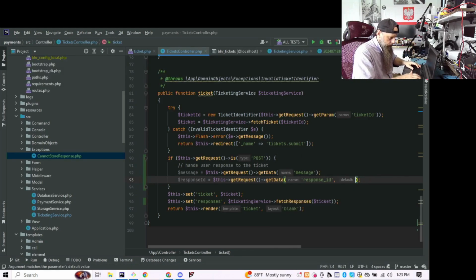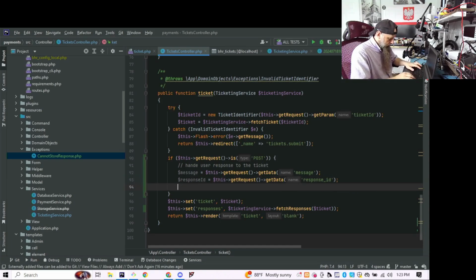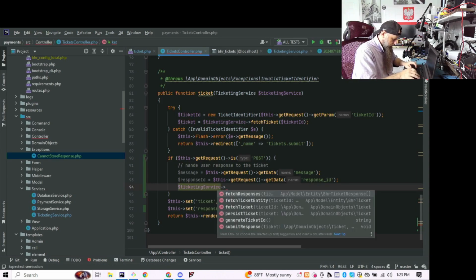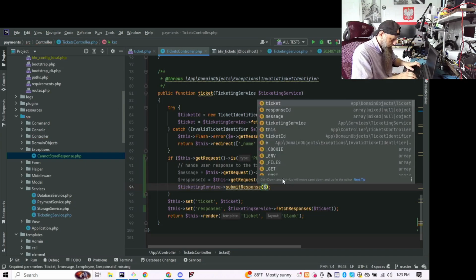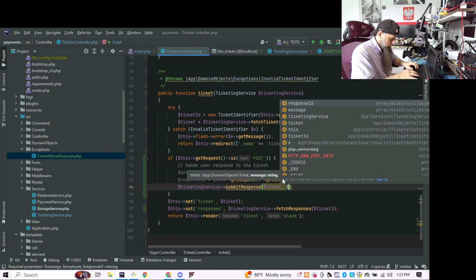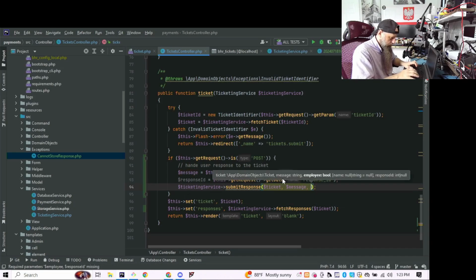So yeah, this is redundant. And ticketing service submit response and ticket message employee